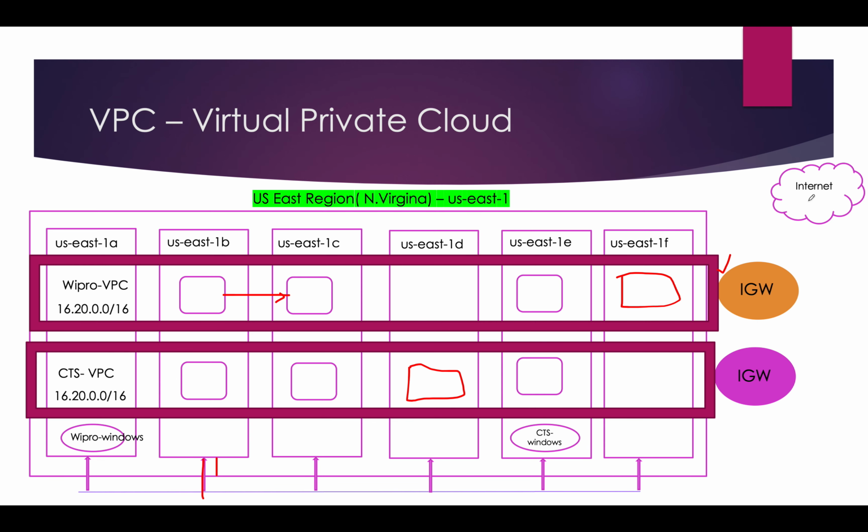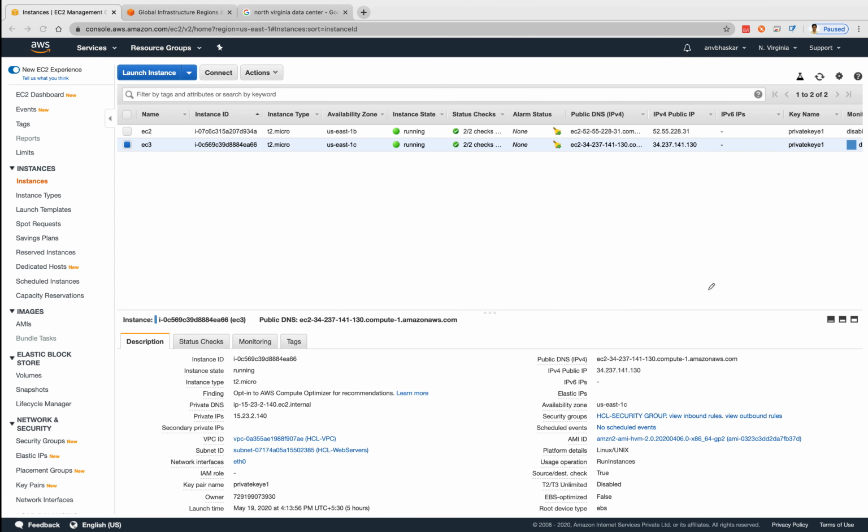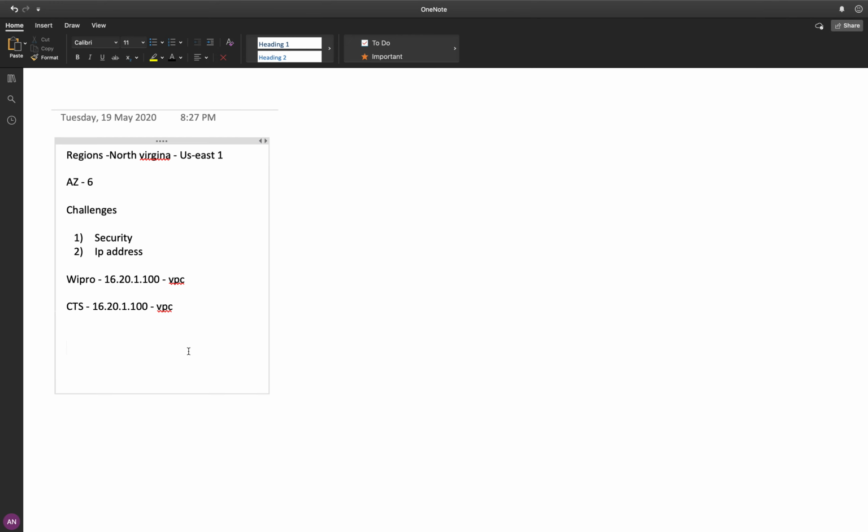Okay, this is your internet. Assume that if you want to allow traffic inside and outside, you need an internet gateway. Okay, this is what is called a virtual private cloud. You can create your own IP address range, you can create your subnets. Let me make some points for you guys. So what all things can you customize? The virtual network, when I say virtual network, you can create.